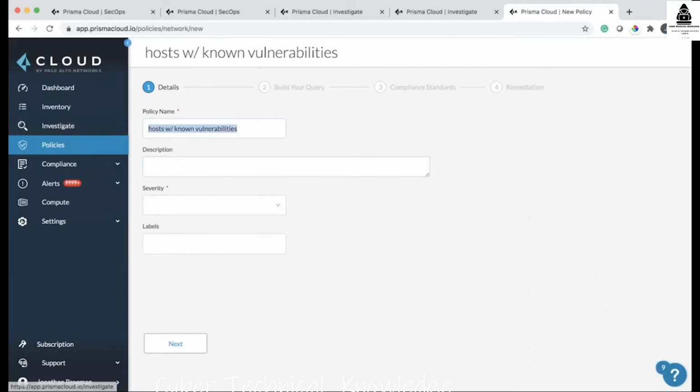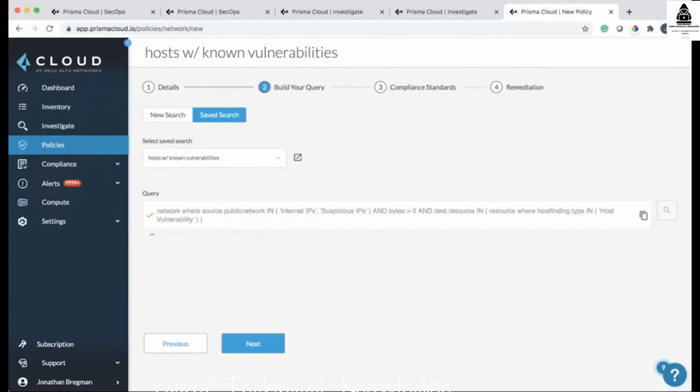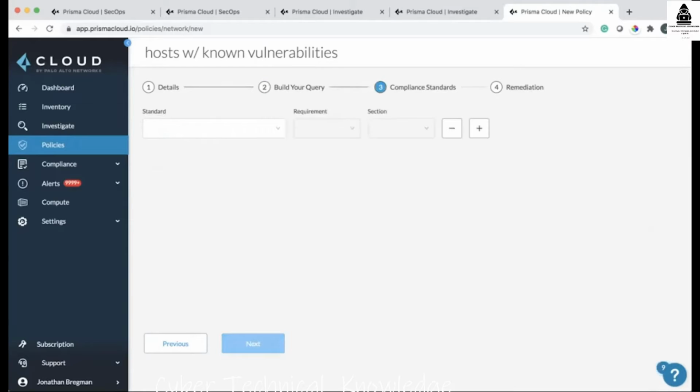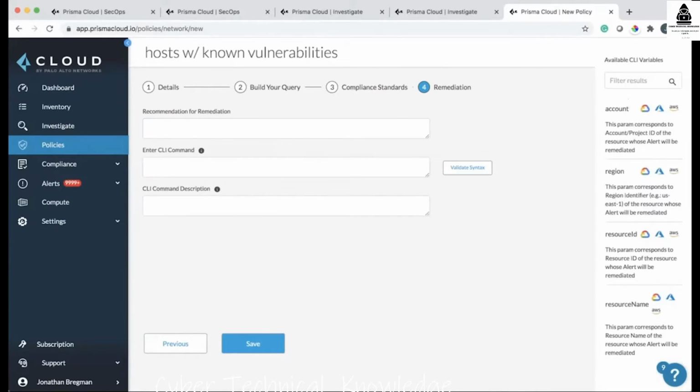Now, we give the policy a description, set the severity level of the policy. We can assign any relevant labels to the policy that we're creating. We can set this query. We can see that Prisma Cloud has already validated this query to be accurate. We can set any one of the compliance standards that Prisma Cloud ships with, or any custom compliance standard to the particular policy we're building. We can set any relevant remediation steps as well. And that's how, in just a few easy steps, you can turn any investigative RQL policy query into a specific